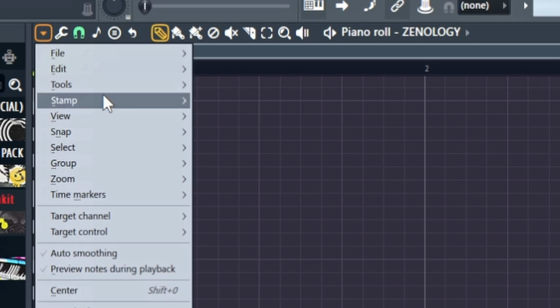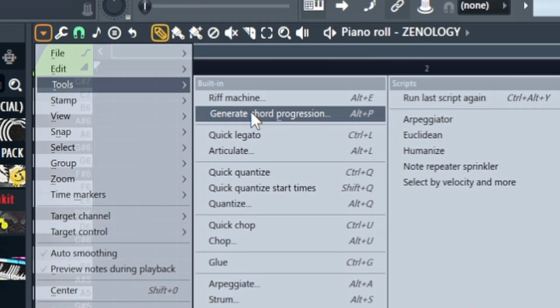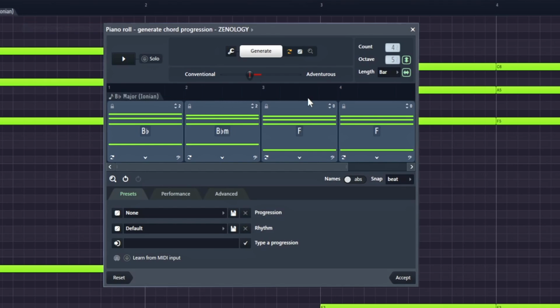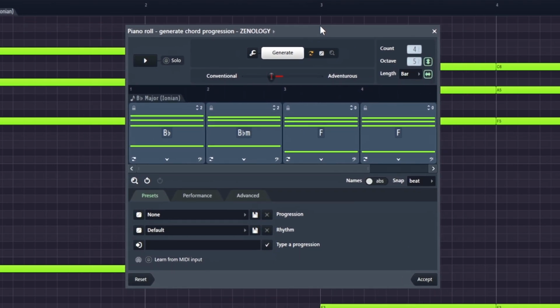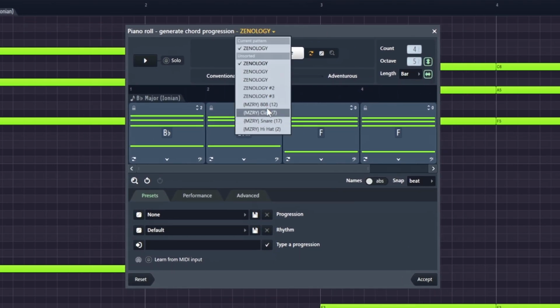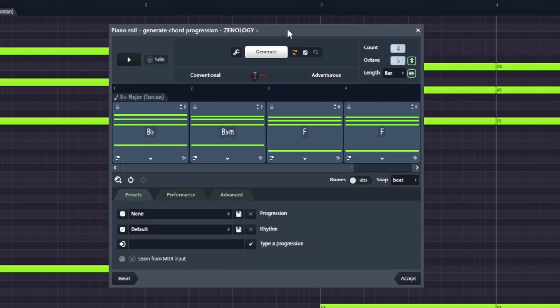We're gonna click this arrow, go to Tools, and then we'll go ahead and go to Generate Chord Progression. So then this little box will pop up here, okay? And then you can also choose which instrument you want to target. But I want to show you all the best chords to use, because if you click down here to presets,